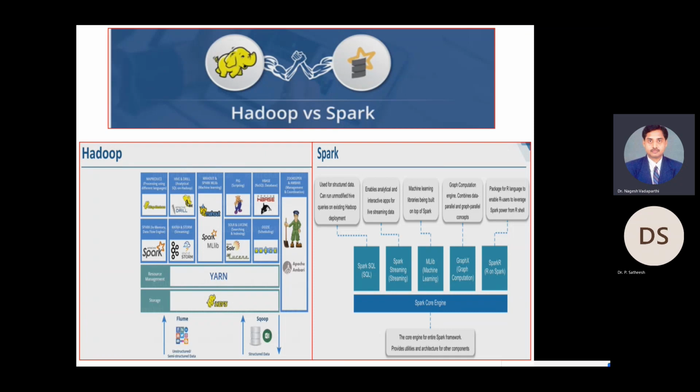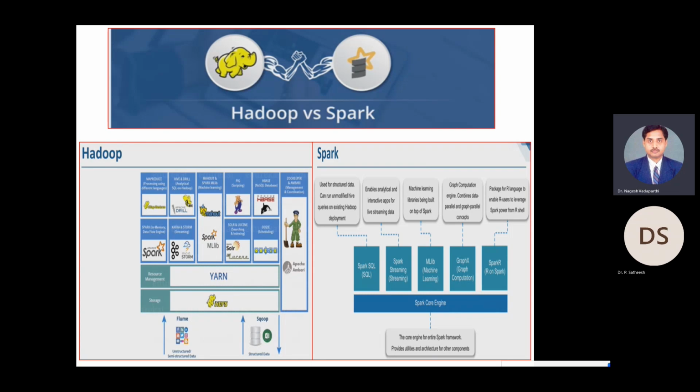other components. So Spark SQL is used for structured data, and can run unmodified Hive queries on an existing Hadoop deployment. Spark Streaming is nothing but flow of data. It enables analytical and interactive apps for live streaming data. MLlib is a machine learning library built on top of Spark. So you can solve